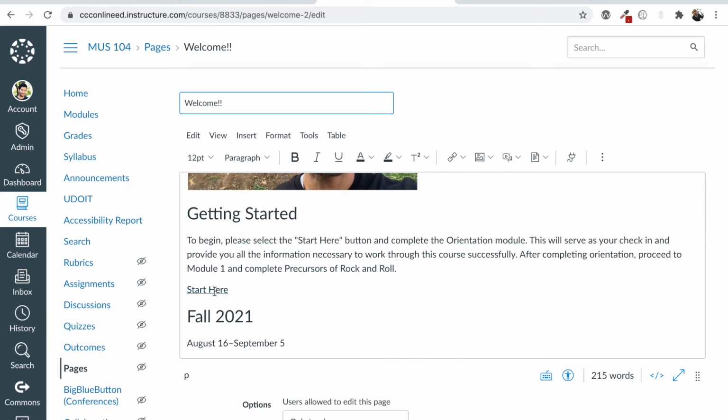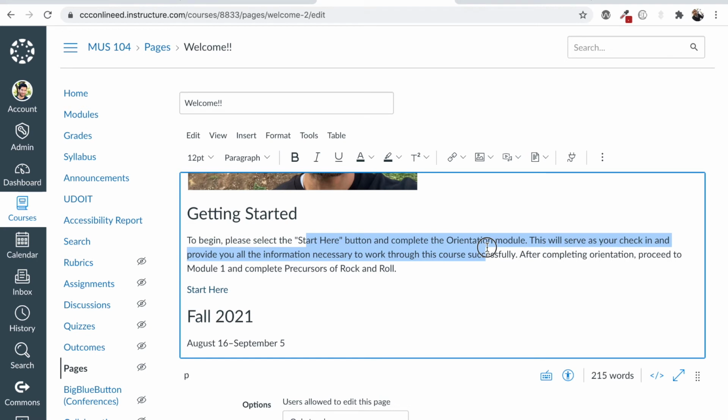Once you have text that's linked, and let me also add this, any text that you have linked, you want that text to make sense to what they are linking to. So Start Here makes sense because I've explained that that's what's going to take them to the orientation module. So that said, let's go ahead and make a button out of this.